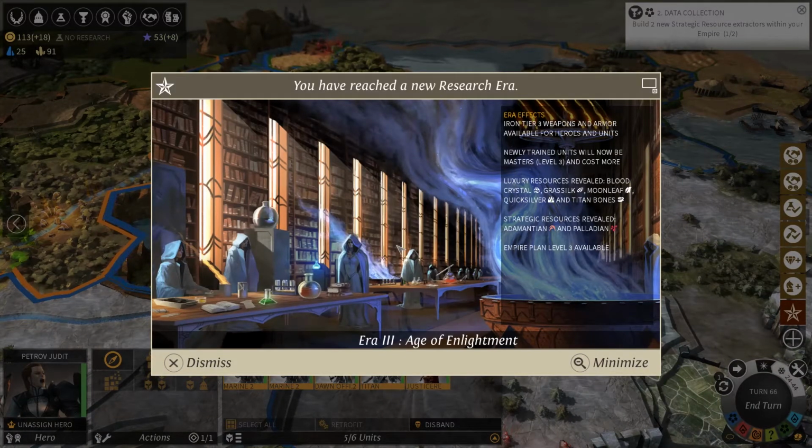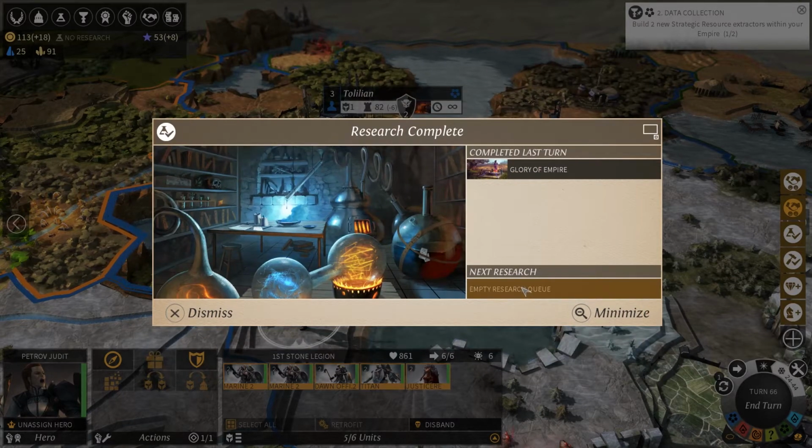So Iron Tier 3 weapons and armor is now available for heroes and units. Newly trained units will now be Masters level 3 and cost more. Luxury resources revealed: Blood Crystal, Grass Silk, Moonleaf, Quicksilver and Titan Bone. Strategic resources: Adamantian and Palladian? Empire Plan level 3 available. And let us...